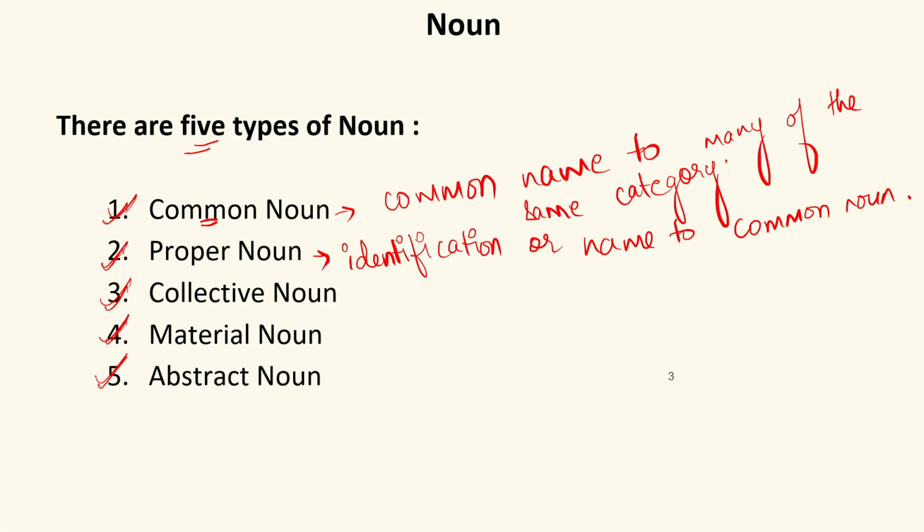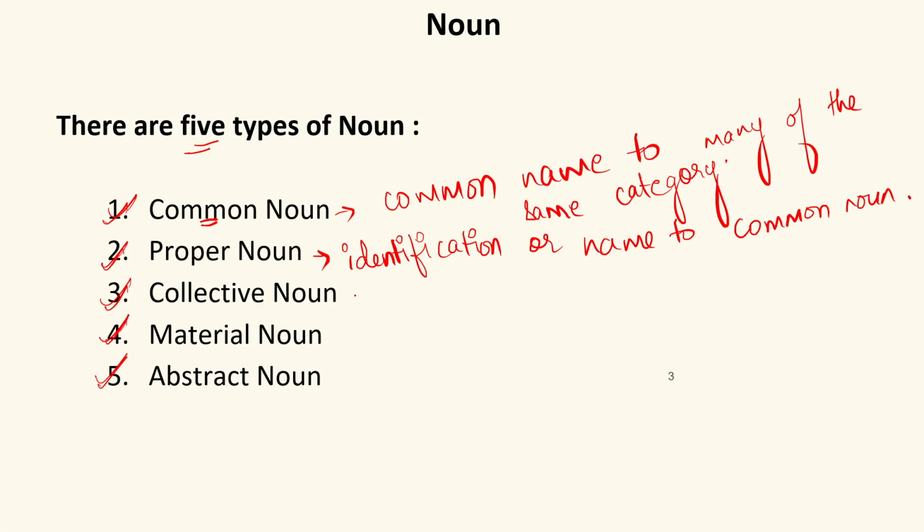Now, common noun is just a name given to anyone. But proper noun is basically related to that particular personality only which we are talking about. It's a specific name given to that person, or you can say when we give an identification to the common noun, it becomes proper noun. Proper noun always begins with a capital letter. Well, this we'll discuss in this video only later on.